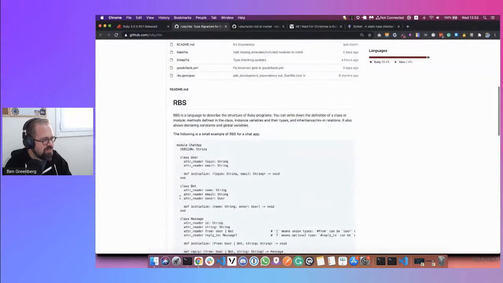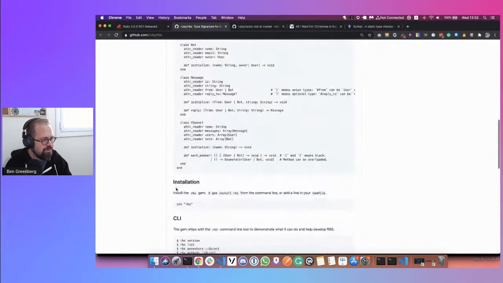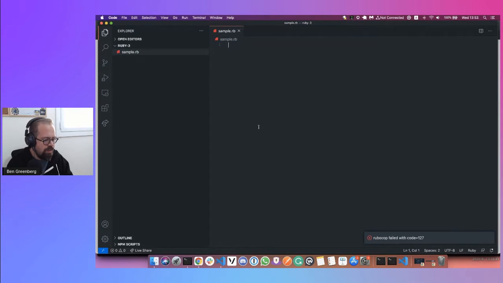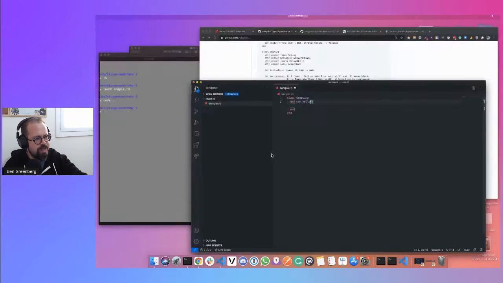It says, in order to use it, we shouldn't need to do much, right? So let's try. Let's create a very simple method and see what happens. Let's say class Greeting, kind of along the same theme we had before. And class Greeting, let's say it has a class method. Def, what should we call it? Say hello. Say hello will take one parameter of a name, right? So how do we type parameters again?